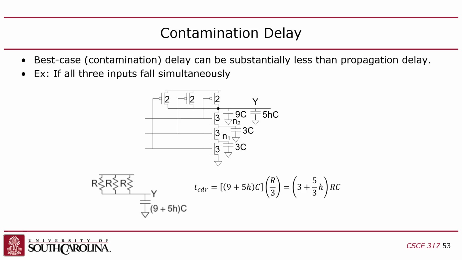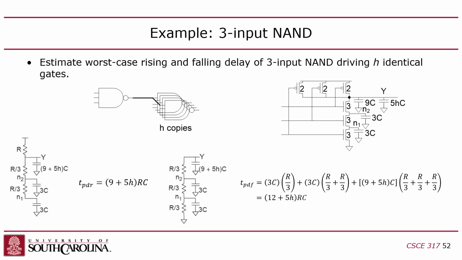Okay, so I mentioned that the other thing that might happen here, in addition to that, is another phenomenon. What happens if all three inputs to this gate go to 0 simultaneously? So what's the difference? Well, what I was talking about before was, I was assuming in this case that